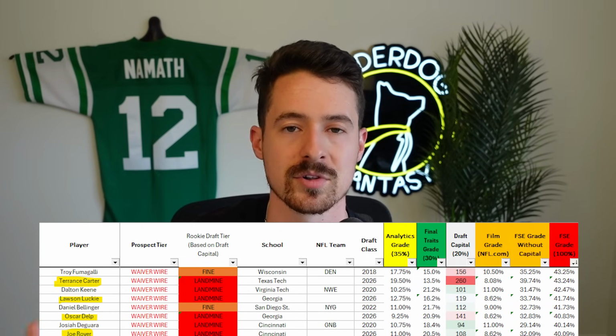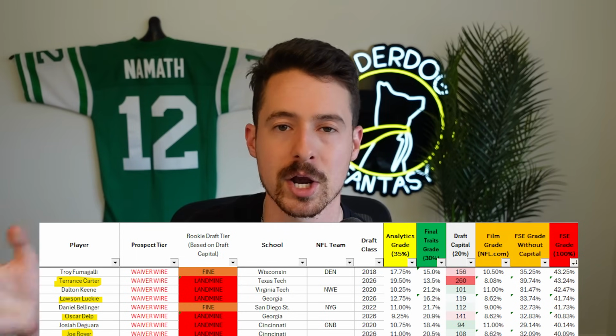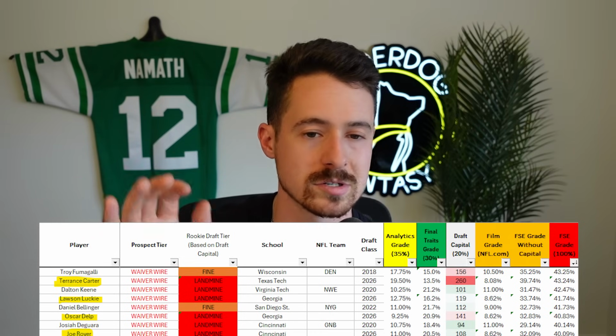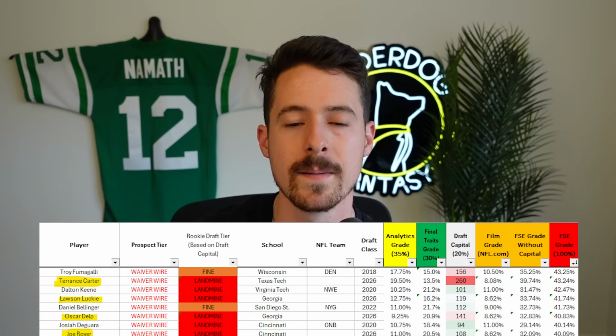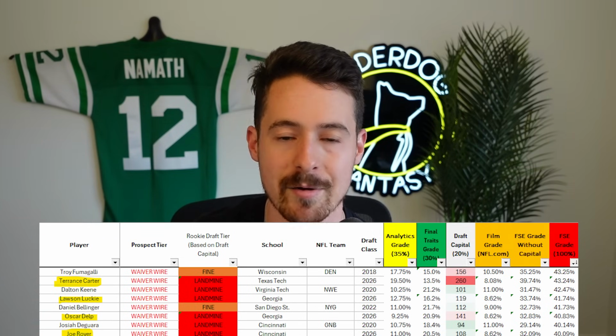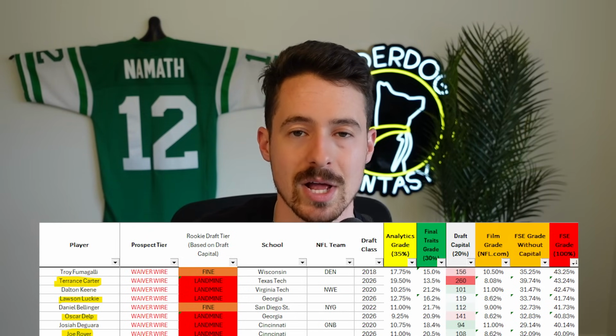And Oscar Delp, for those of you guys that are Devy players, has been on the Devy scene for a decent amount of time. So if he were to come out and have a great year, produce like 500 yards, 7 touchdowns or something, I would assume a lot of people would buy into him pretty quickly because he's been on the Devy radar and he was a high recruit and all that kind of stuff. One of these dudes has to produce, though. Otherwise, they're just going to cannibalize each other.